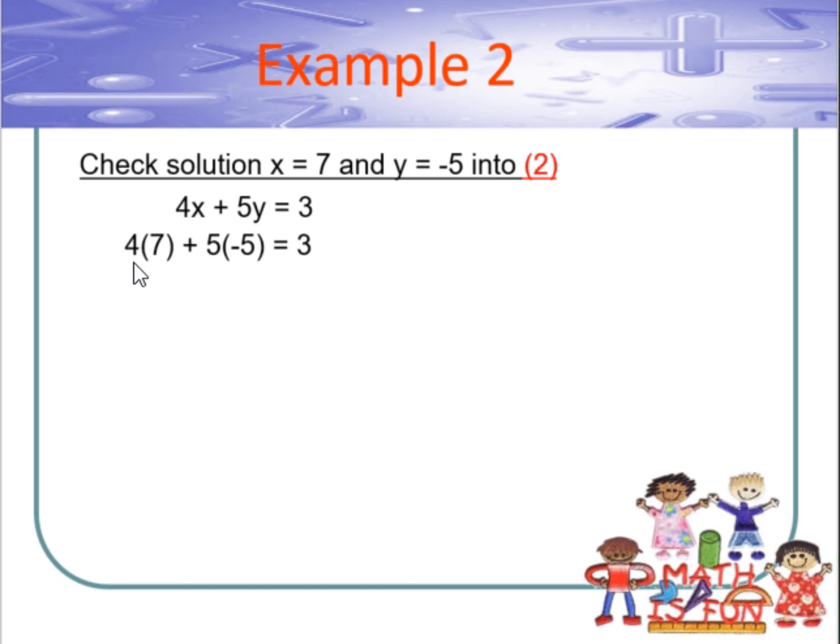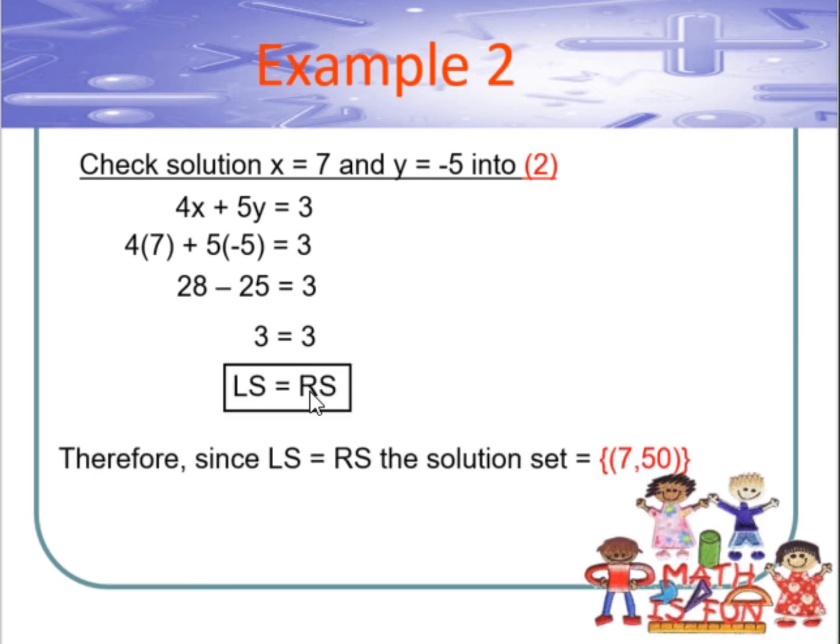So, we will now have the equation 4 times 7 plus 5 times negative 5 will be equal to 3. 4 times 7 is 28 minus 5 times negative 5 is negative 25 is equal to 3. 28 minus 25 is equal to 3 and 3 is equal to 3. The left side of our equation will be equal to the right side of the equation. Therefore, the solution set 7, negative 5 is our solution to the system of linear